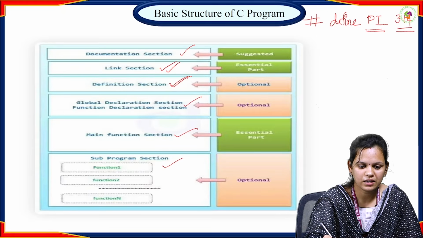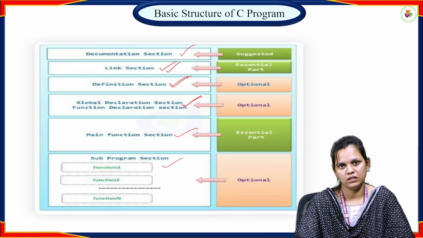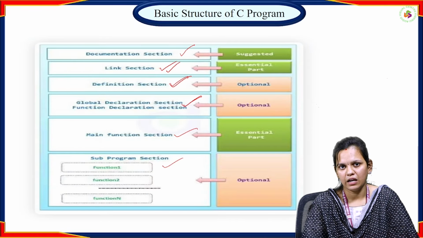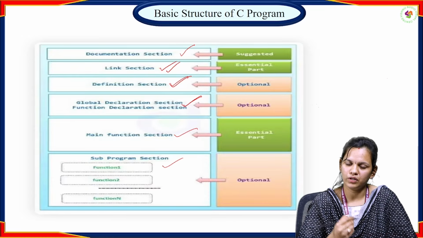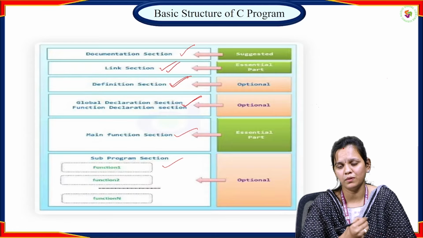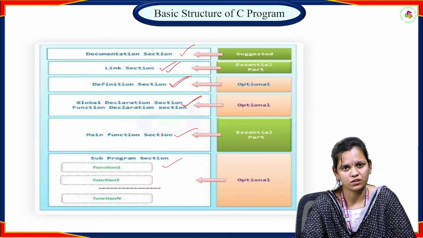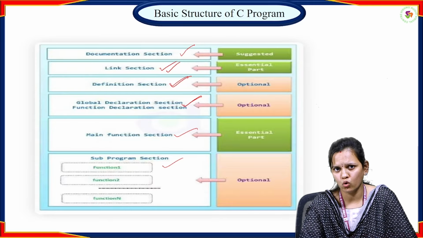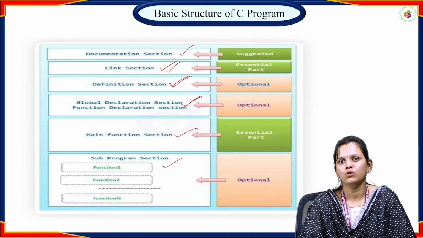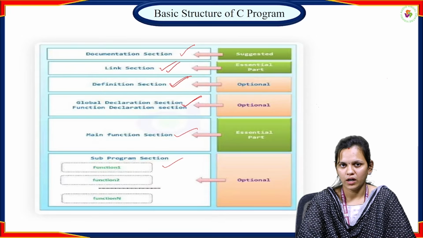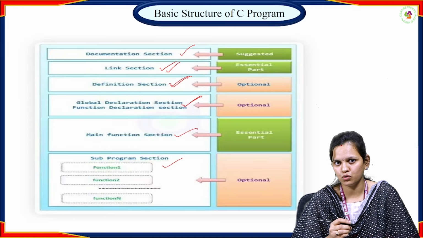Okay, and then next comes the global declaration section. In the global declaration section, we declare the global variables. We can declare the functions too in this global declaration section. So when we declare the variables or the functions globally, these variables can be used throughout the program. Whereas if I declare the variable in the main section, that variable can be used only within that